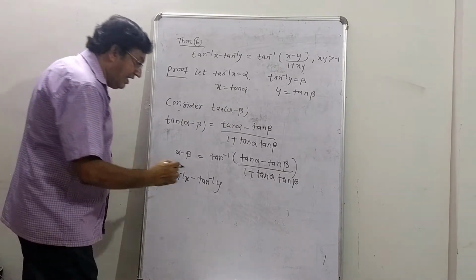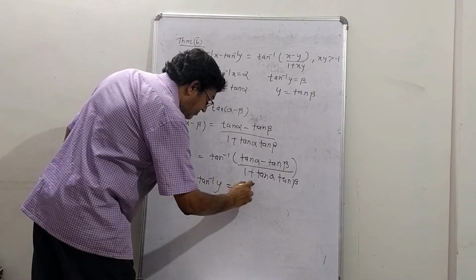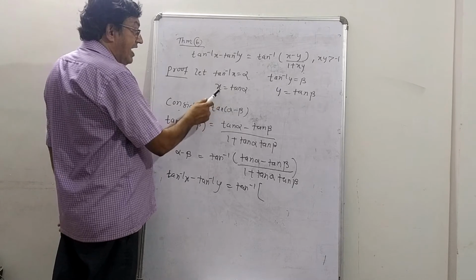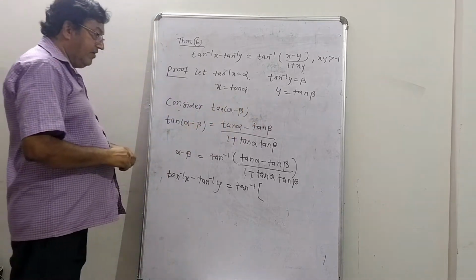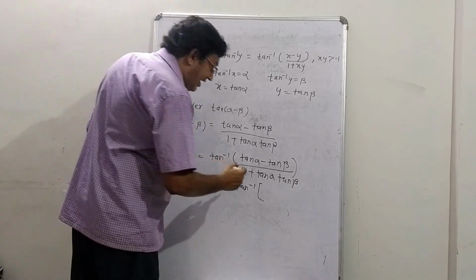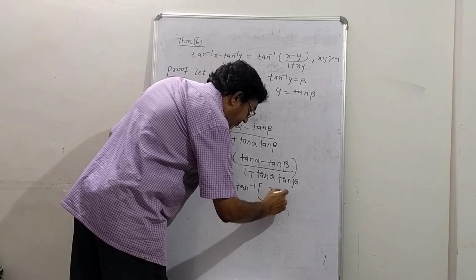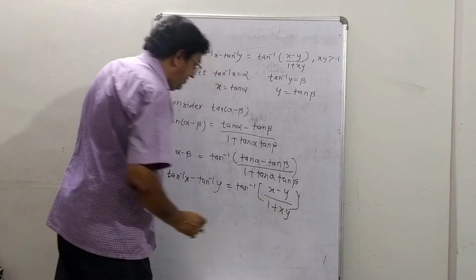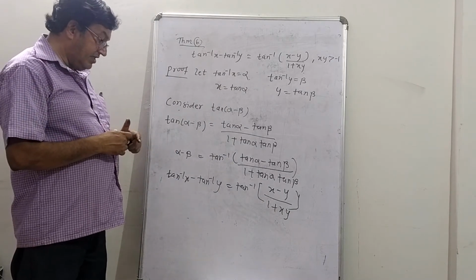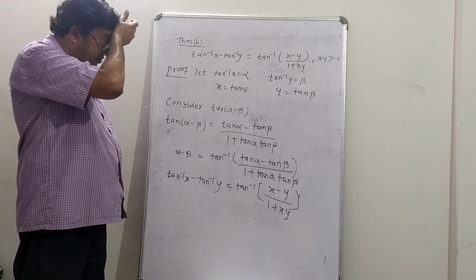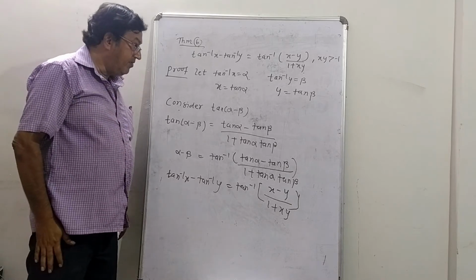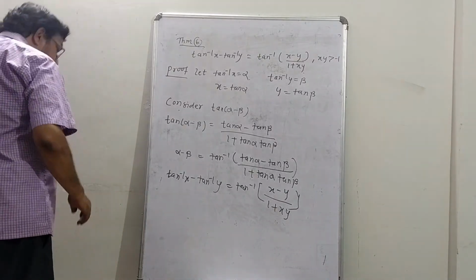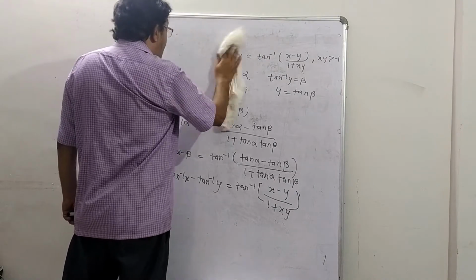And on the right hand side, tan inverse of, you can see the value of tan alpha. What is tan alpha? Tan alpha is x and tan beta is y. So wherever tan alpha is there, replace with x; for tan beta, replace with y. It will be (x minus y) divided by (1 plus x into y). Therefore tan inverse of x minus tan inverse of y equals tan inverse of (x minus y) divided by (1 plus xy). This we can use directly whenever it is minus. Then we will come to the last part of the theorem.